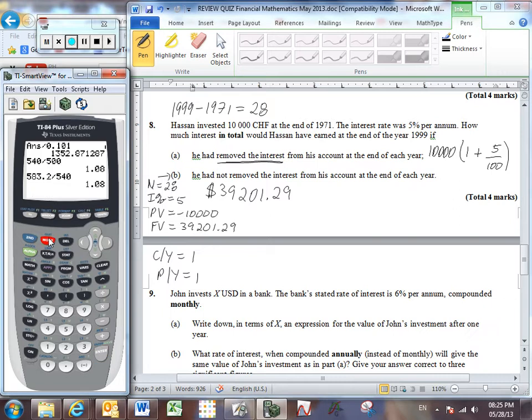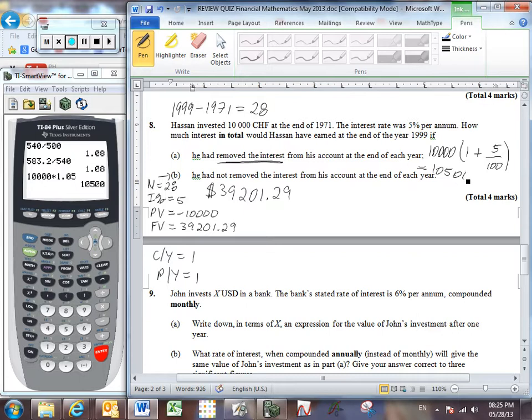If we go 10,000 times 1.05, we find that we get 10,500, and then he removes the interest. We can see that the interest earned, if we subtract the original amount, we can see that we have earned 500 Swiss francs in interest. Now consider that there's 28 years. Each of these 28 years, he will be earning similarly a 500 Swiss franc interest amount on the initial 10,000